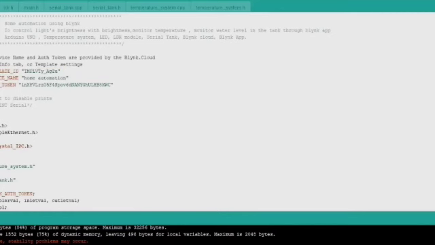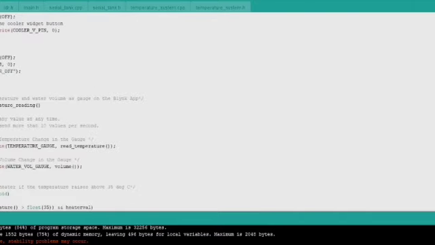Which we have used in our project. This part is for the IoT app, Blynk IoT authentication, which helps us in monitoring our code from mobile. The first part in our code is for